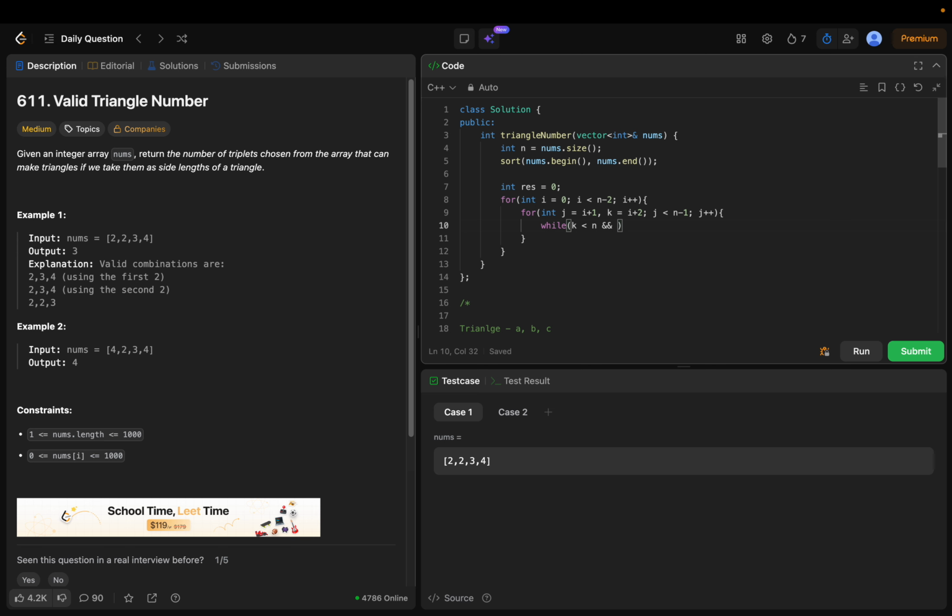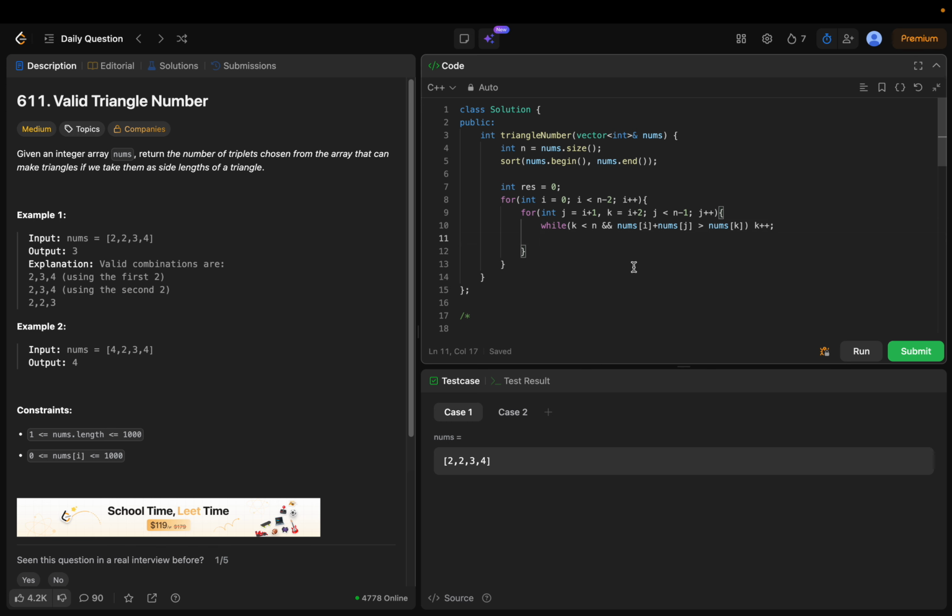So while k is less than n and nums of i plus nums of j is greater than nums of k, we keep iterating until a plus b is greater than c. Here i index is pointing to a, j index pointing to b, and c index is pointing to k, right? So here we just keep iterating. What we will do? k plus plus,